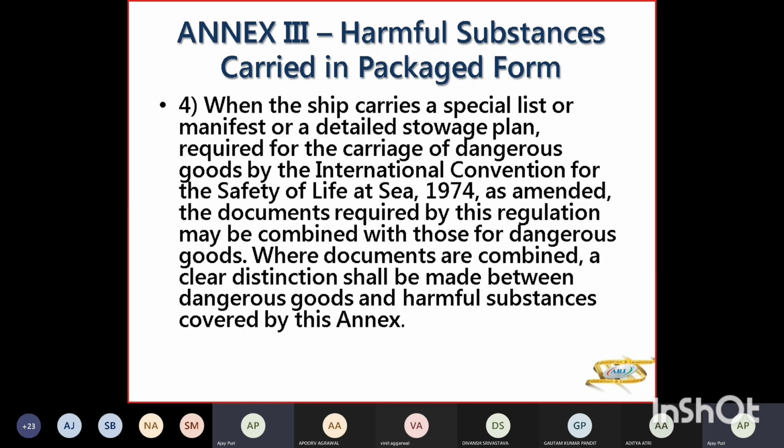So, अगर ship is carrying your special list or manifest or detailed storage plan, तो उसमें the documents required for this regulation may be combined with IMDG जो डॉक्यूमेंटेशन है उसके साथ कंबाइन कर सकते हैं। बट जब कंबाइन करें तो उसमें डिस्टिंग्विशन होनी चाहिए कि व्हाट इज डेंजरस गुड्स, व्हाट इज हार्मफुल गुड्स, कौन सा मरीन पोल्यूटेंट है, कौन सा नहीं है। क्योंकि हो सकता है वो डेंजरस गुड इज नॉट अ मरीन पोल्यूटेंट। तो दोनों की अलग अलग मार्किंग होनी चाहिए कि वो डेंजरस गुड है, हार्मफुल सब्सटेंस है, मरीन पोल्यूटेंट है या नहीं है।